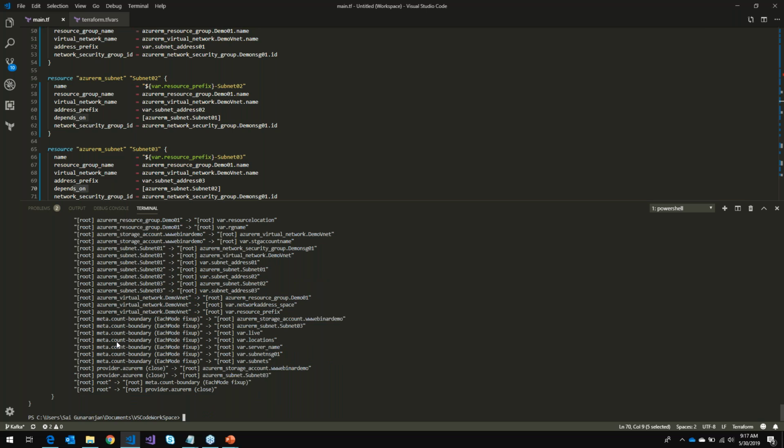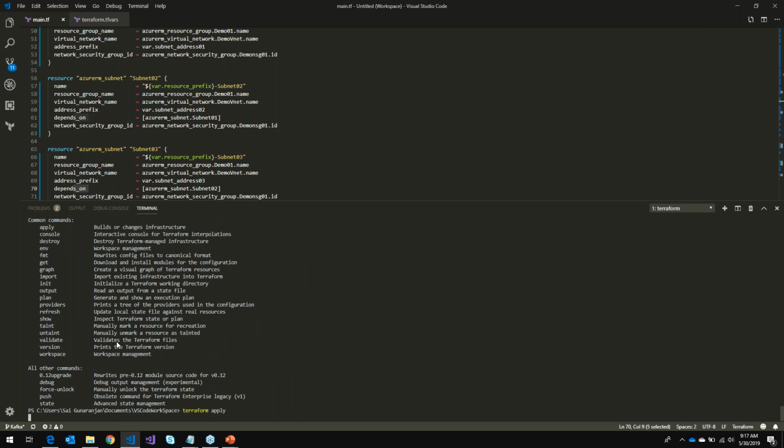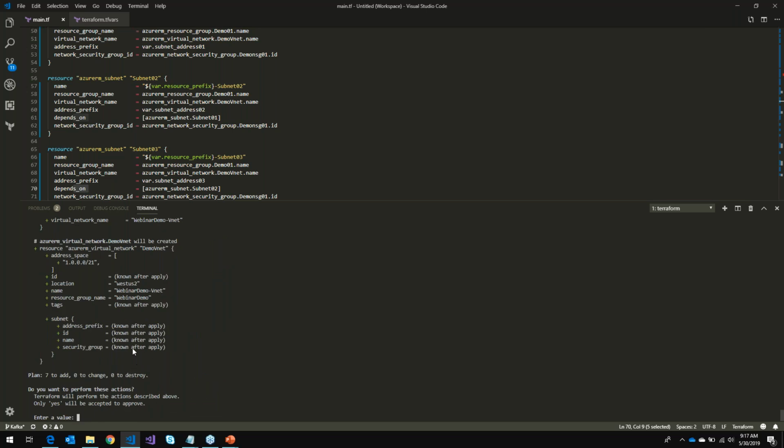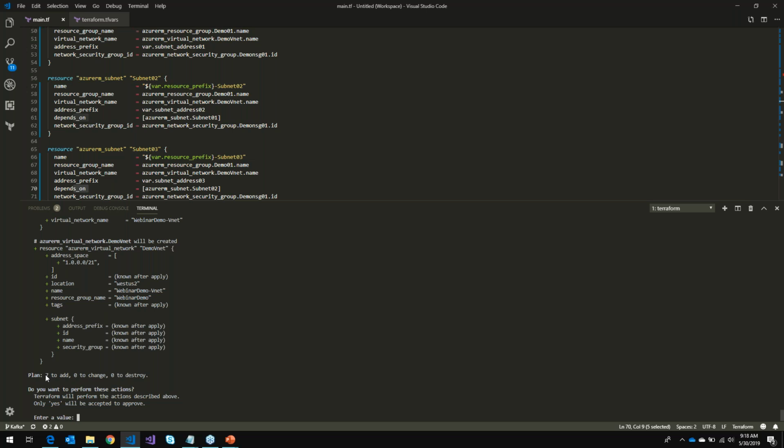Now, to do the actual deployment, sorry, it's actually Terraform apply. So now this goes through the workspace where we have the main.tf file, and it's quickly going to see all the resources that we have planned to deploy, and it lets us know that we plan to add 7, 0 to change, and 0 to destroy in this case. So I need to just go ahead and press yes as a confirmation, and once I do this,